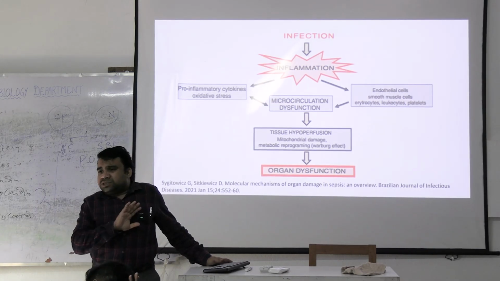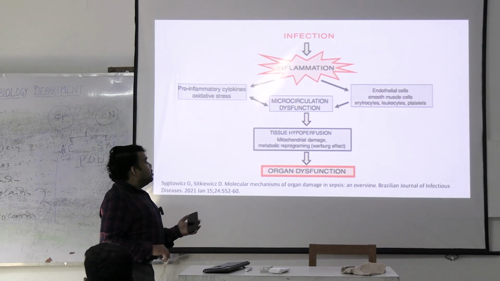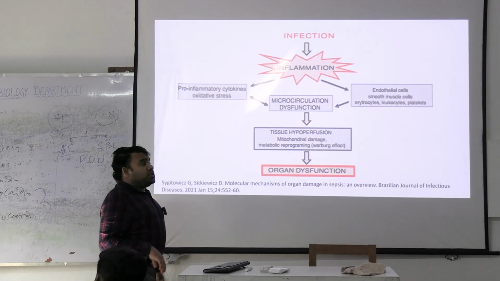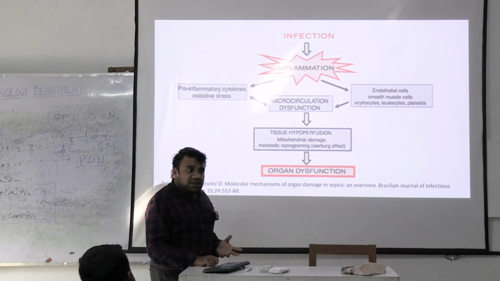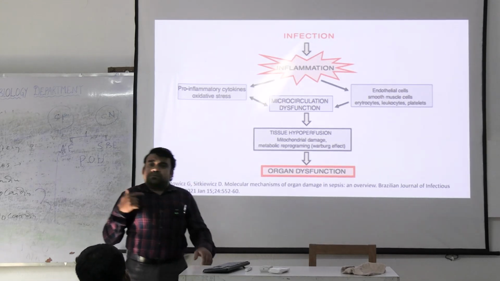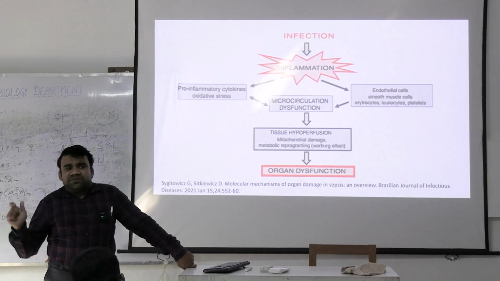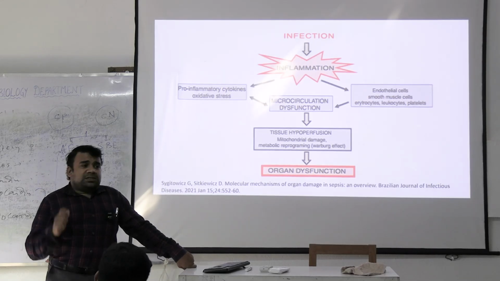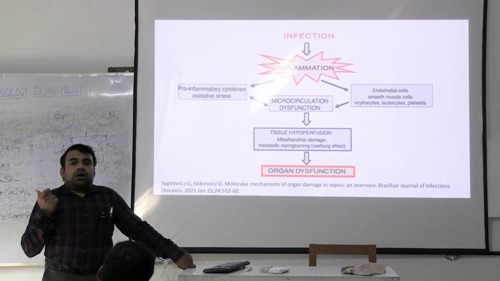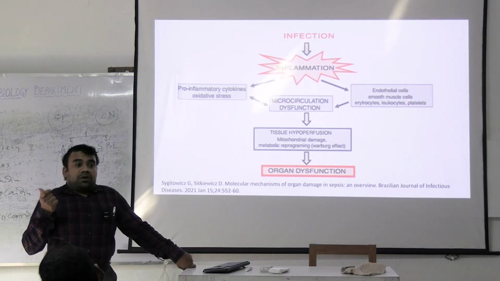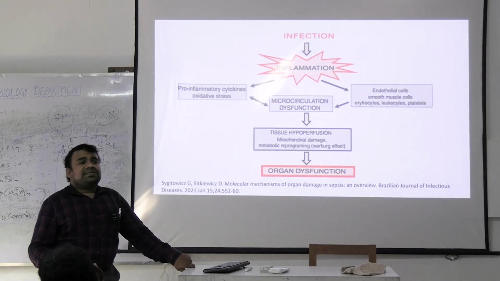The process is very simple. There is a triggering factor which triggers inflammation, and on inflammation it will result in endothelial injury, recruitment of various inflammatory cells, which will be further amplified by production of cytokines. This will result in microvascular dysfunction at the tissue level, resulting in cell death of the tissues. When cell death of the tissues occurs, organ dysfunction is seen. When we recognize the features of organ dysfunction clinically, we call it sepsis.